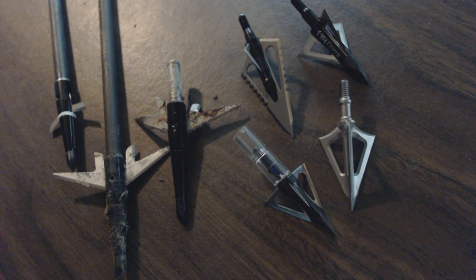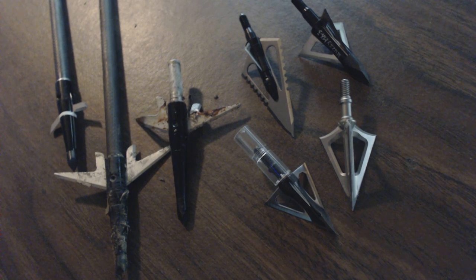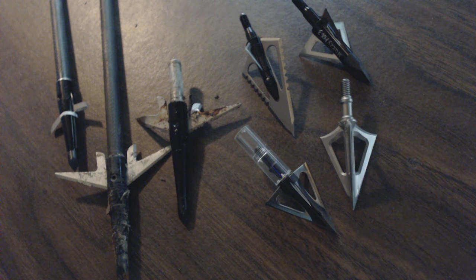There is no other expandable broadhead that I know of that you can shoot on extremely angled shots and not have to worry about it kicking out. This broadhead will not do that. I've tested them on my targets at almost as close to 90 degrees as you could possibly get, and I've never had one deflection. My brother killed a nice buck last year that he shot at an extremely angled shot because I